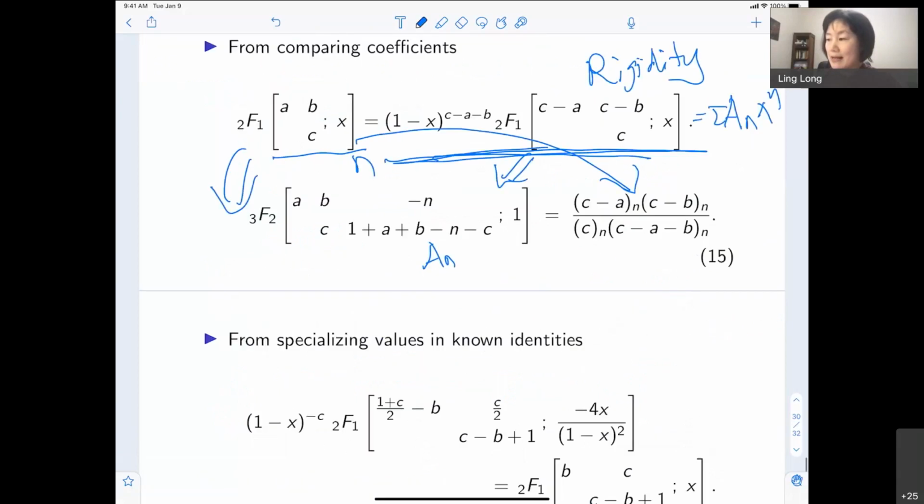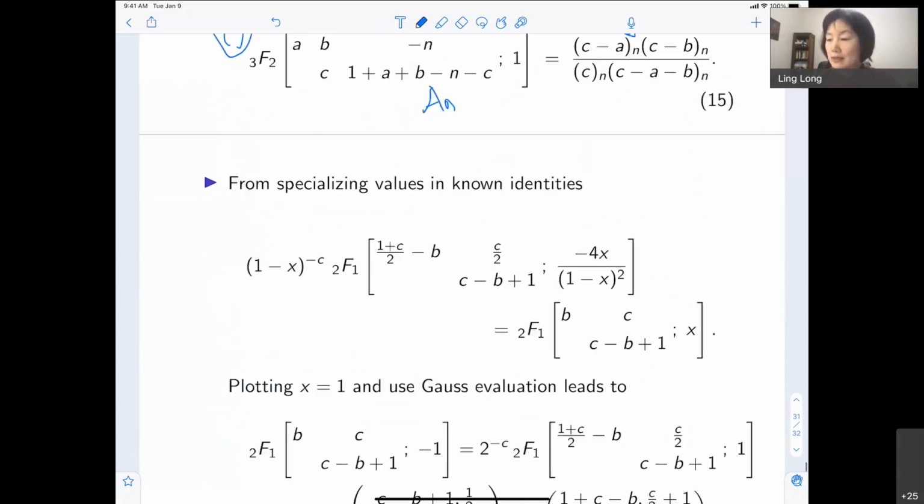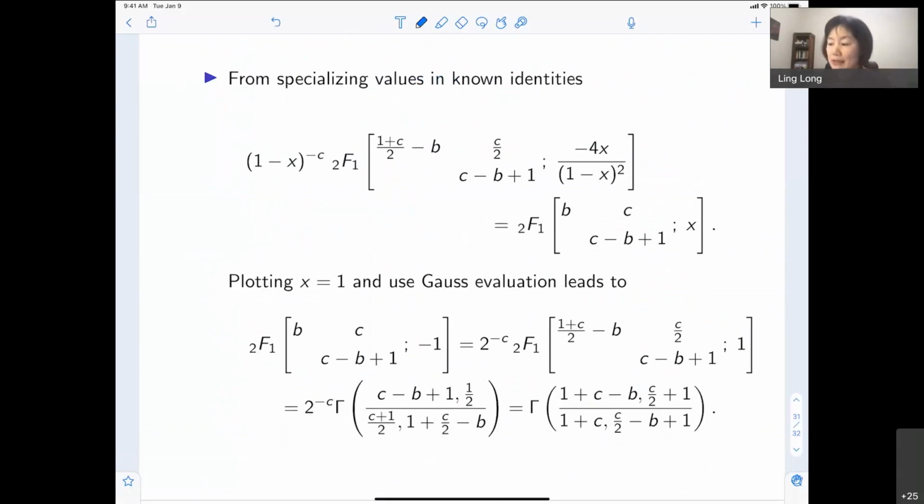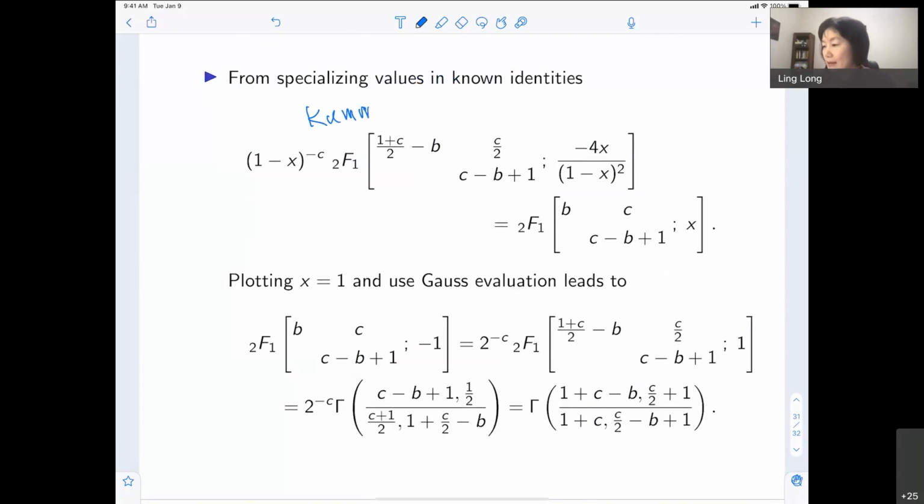So the other kind of technique I want to mention will be specializing values in known identities. For example, if I get back to Kummer's quadratic formula, and if we specialize the value on the right-hand side, we know that then I can evaluate this one by the Gauss evaluation formula. And when I put the value 1 over here,